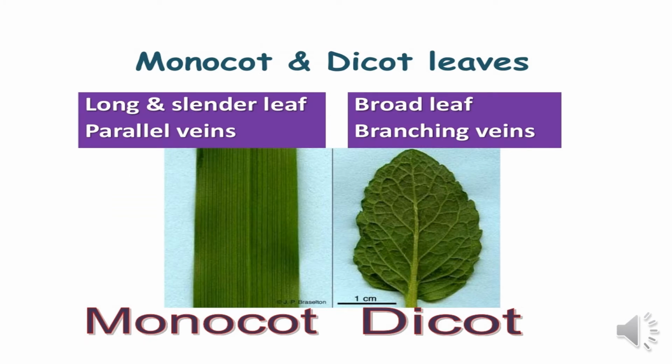Now, this picture shows you the clear difference between the monocot and the dicot leaves. If you see in this picture, in the case of the monocot leaf, the veins are distributed in a long, cylindrical, and parallel manner. While in the case of the dicot leaves, the veins, which are basically composed of vascular tissue, are present in a branching manner. They are present in the form of a network, as you can see in the diagram.